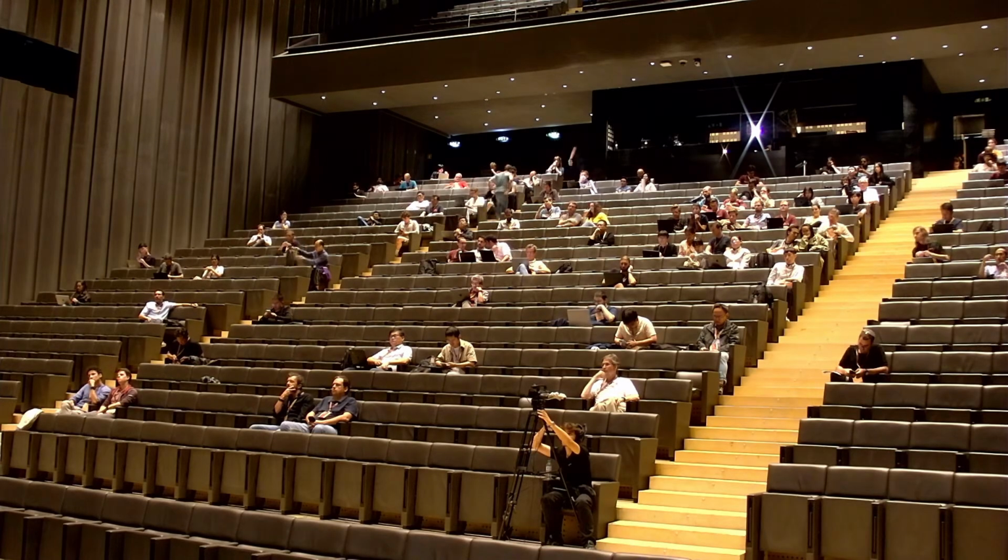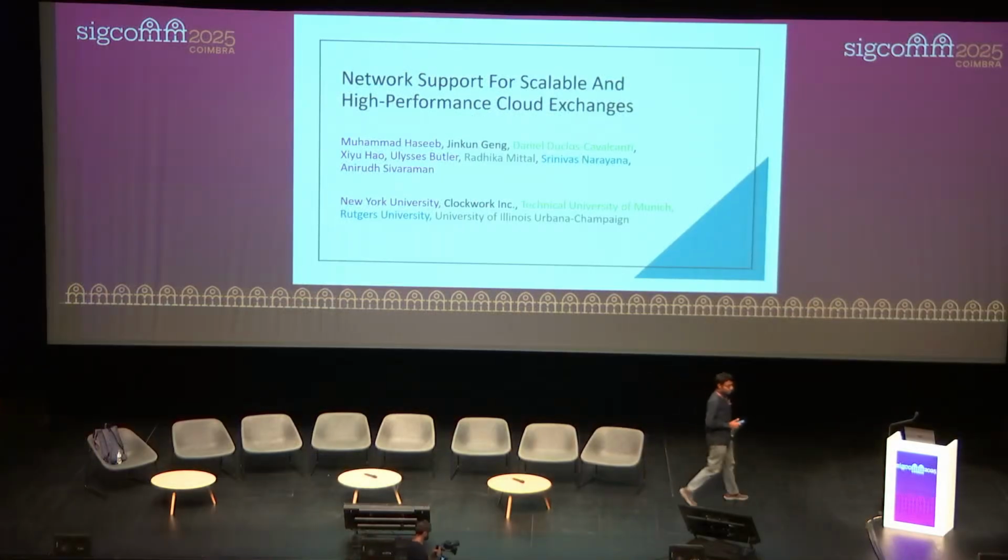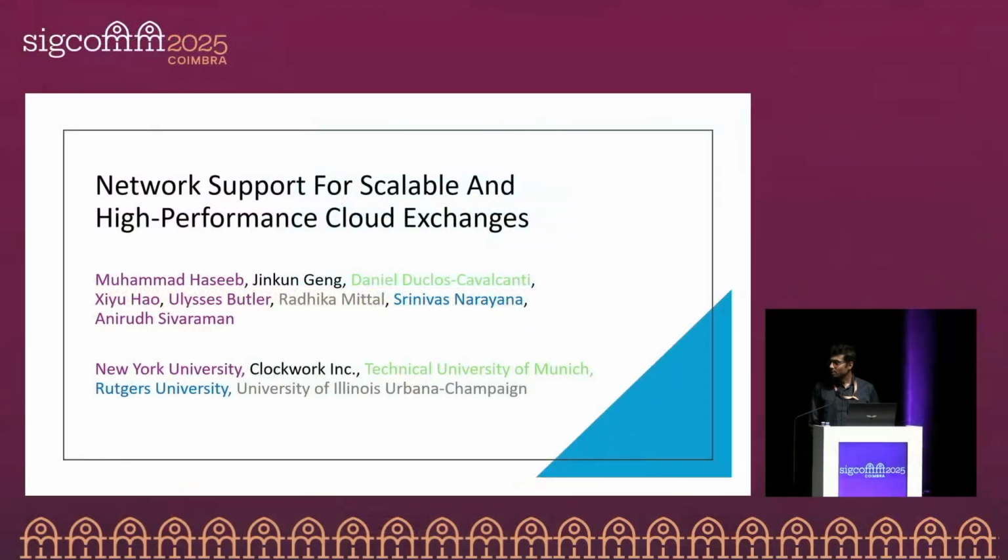Another co-author is presenting on behalf of the main author. Srinivas Narayana is an associate professor at the Department of Computer Science at Rutgers University. He researches advances in compiler and formal methods technology to improve internet software and hardware. His research has been recognized with a Distinguished Paper Award at the Code Generation and Optimization CGO 2022, the Best Paper Award at SIGCOMM 2017, and the Facebook Networking Systems Award.